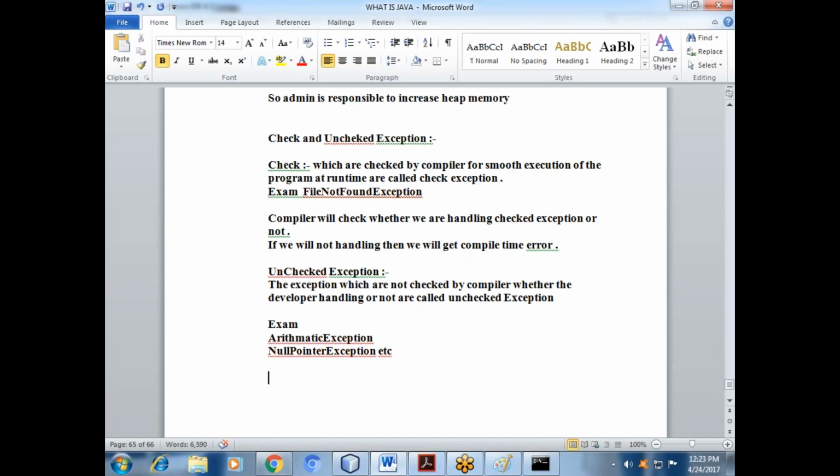So we also have one piece of information: customized exception handling by using try catch. This is our requirement. Got it? Customized exception handling by using try catch.